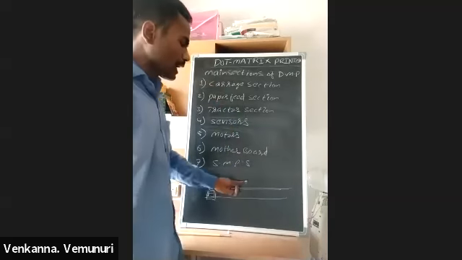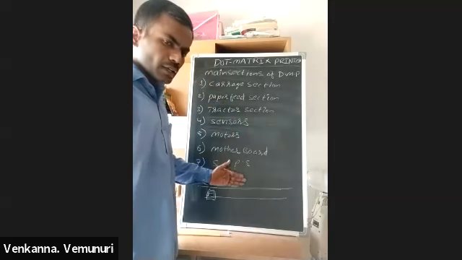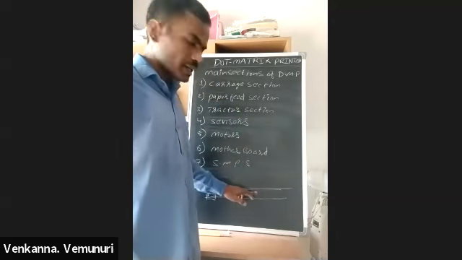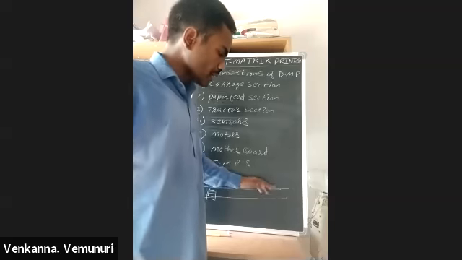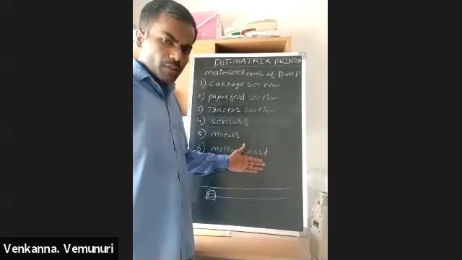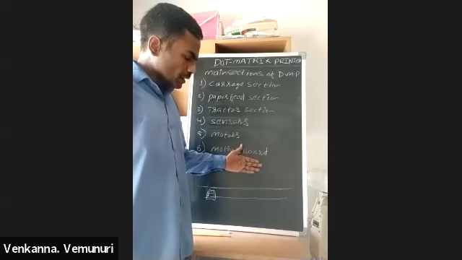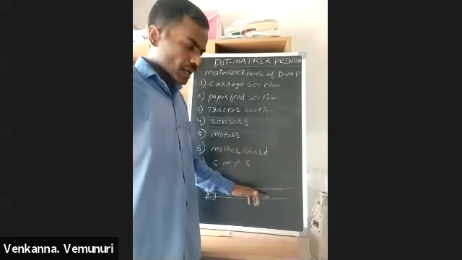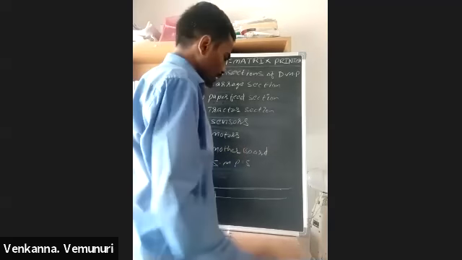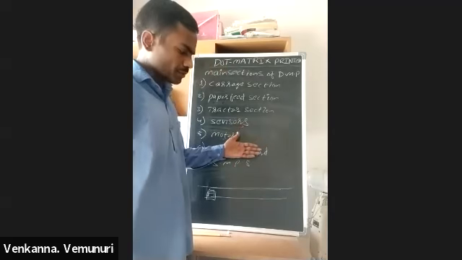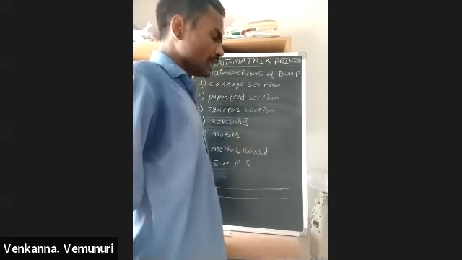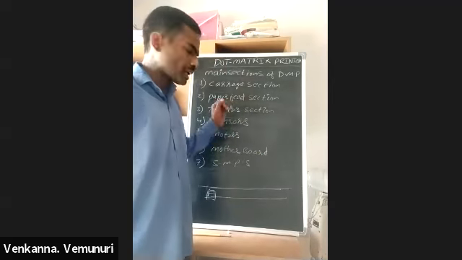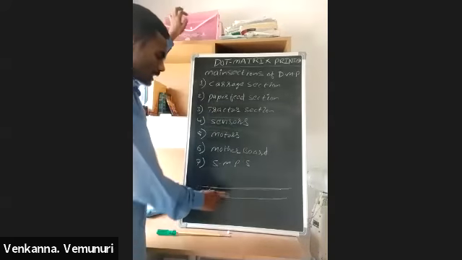After completing one line, the paper moves upward one line, and the print head again starts printing the next line. After completing the next line, again the paper moves one line upward, meaning it forwards one line. Again it prints the next line, and immediately the paper moves upward. For that purpose, we use a sensor here. Our time is very limited, so we are not discussing deeply here. And this is the carriage section.